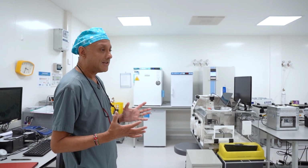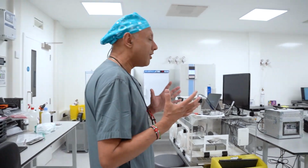because the air that the embryos are breathing has to be of a very high standard and very low in contamination. If the air is contaminated, the embryos will struggle in development and may not reach their true potential of giving a pregnancy. So this is the embryology lab, and as you can see, there's a lot of equipment in